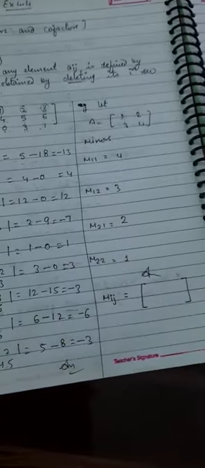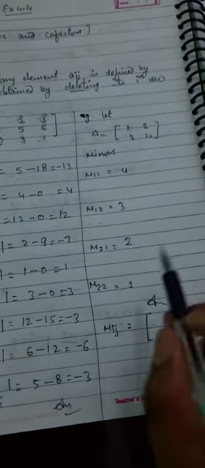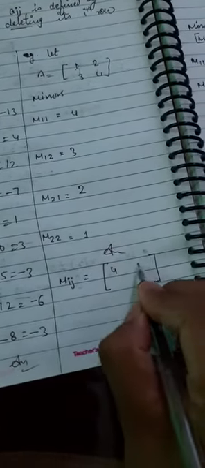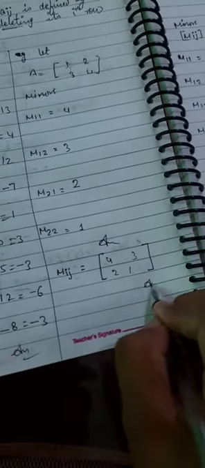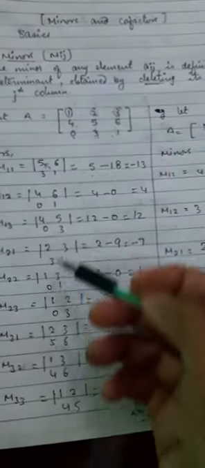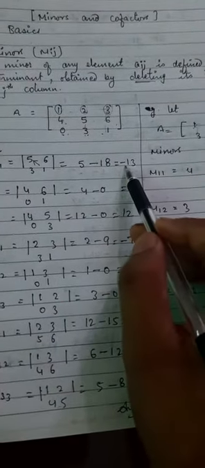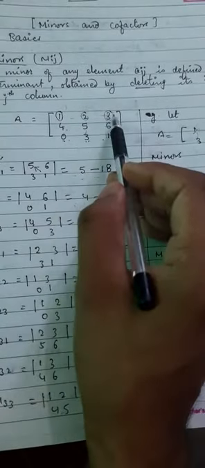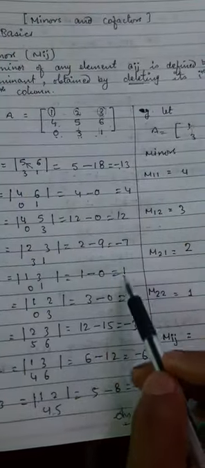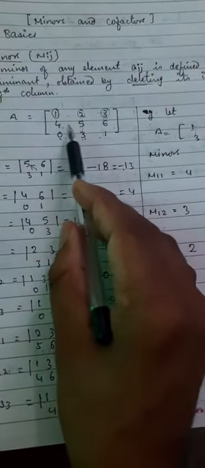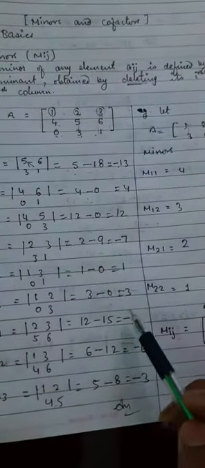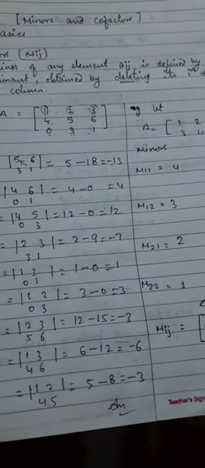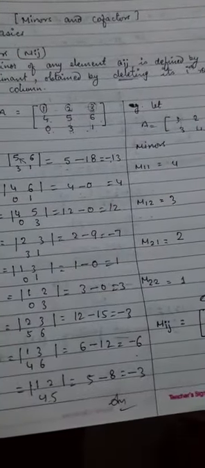If your answer is given in matrix form, then you have to arrange these elements: 4 3 2 1. You can write the answer like this. In the first row we will write these elements, minus 13, 4, 12. After that, minus 7, 1, 3 in the second row, and minus 3, minus 6 and minus 3 in the last row. Okay, like that you can also give your answer, so that the examiner can check easily.